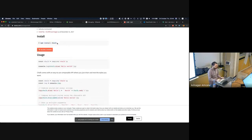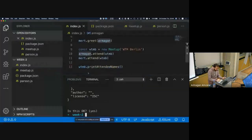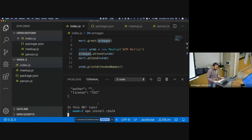npm install chalk. Simple enough, right? I just copied it. Please don't copy the $ sign in front of it. It just denotes a terminal. So I went back to my project, okay? And then I just pasted, or you can just type it, npm install chalk. npm for Node Package Manager, install, and chalk is the name of the package. You can pick a name for your package when you're publishing it. When I press enter,